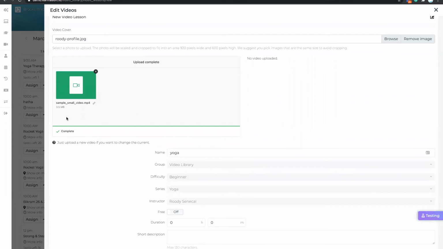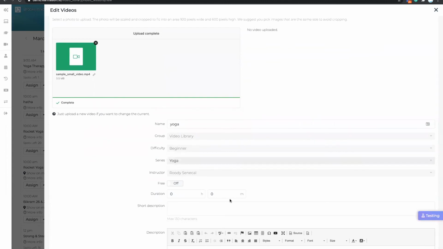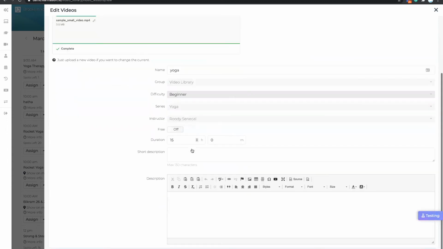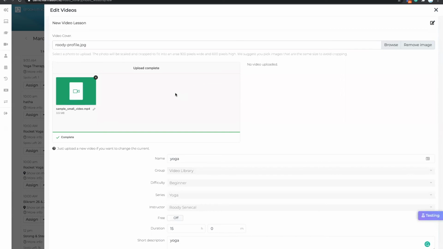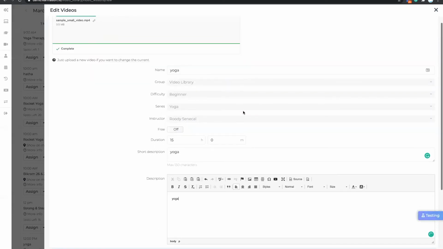It's important to allow your video to completely load before you click save. In terms of videos, MP4 videos load faster than MOV videos. So if you could do most of your videos in MP4 format, there's a faster loading speed for that video. Once you're done, then you could save it. So I'm going to save this video. Even though the system loaded the video into the upload, it didn't transfer it into the library yet for people to view. So when you click save,